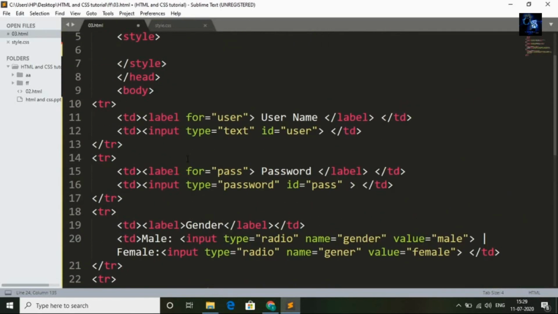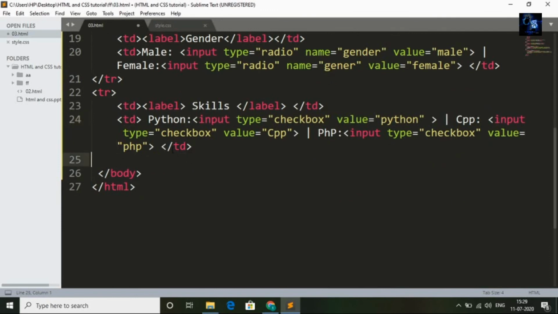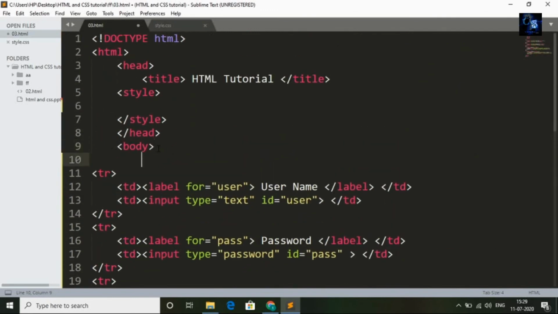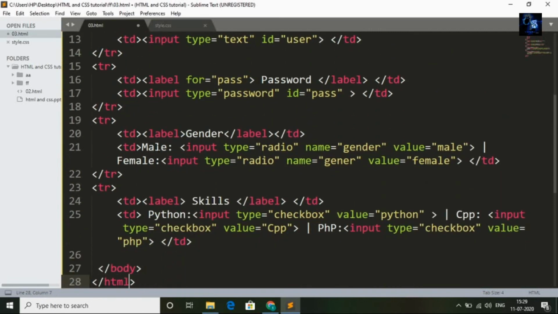Before that, I need to create the form tag here, FORM, and here the closing tag, FORM, and the closing tag for TR also.